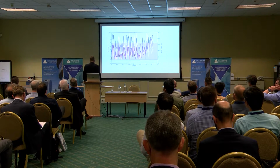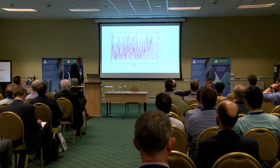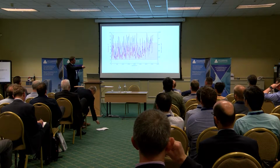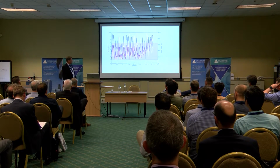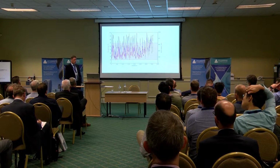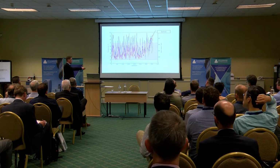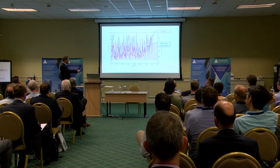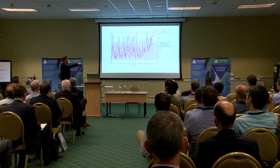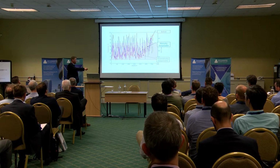A better example where machine learning is working very well is this one. This is the lifetime of an engine. We have the temperature in red, and we have the rotations in blue. And this area here is the temperature area in which the engine is allowed to work. At this point, the engine almost died. So it's really a defect in the engine. Looking at this graph, you could say, okay, at this point, I recognize that this defect will happen, because here was a big peak above the temperature range, and then it is increasing, so it might happen there. A computer would detect it here,